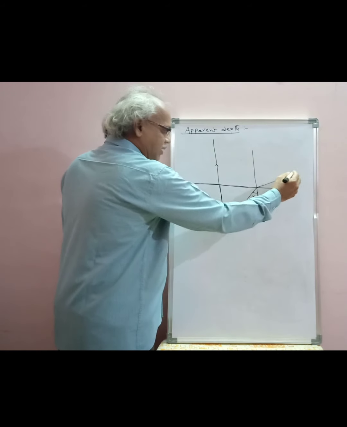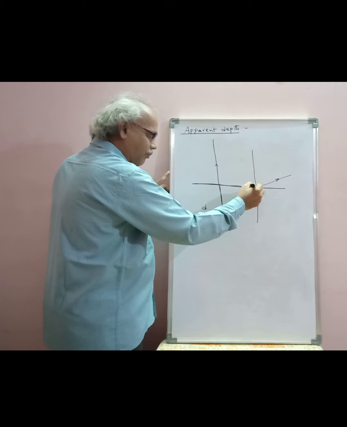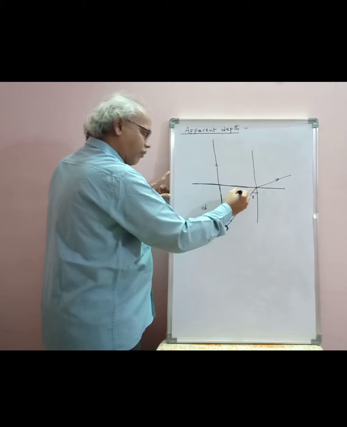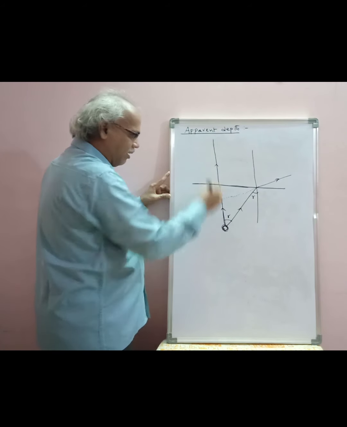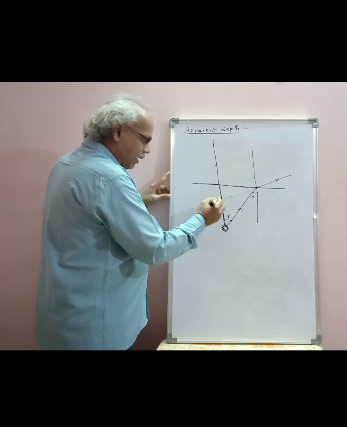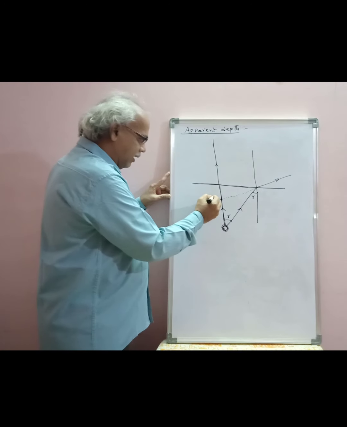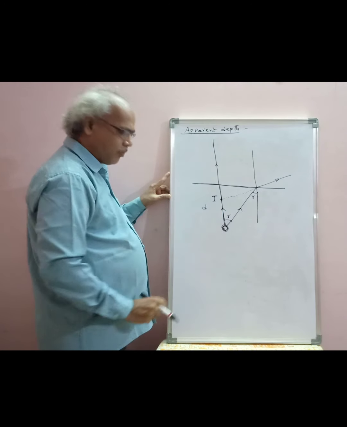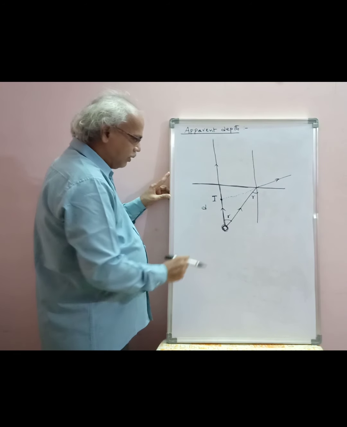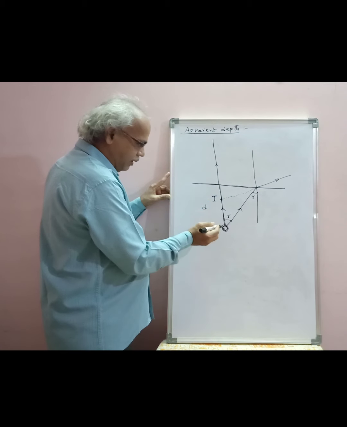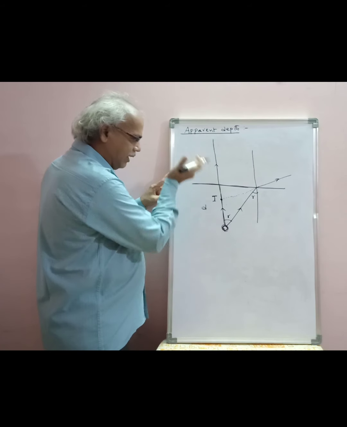Here the emergent ray, or the refracted ray, extended backward, intersects at a point on the normal. Here a virtual image forms, indicated by the letter I. So this I is the virtual image of this real object. So we can observe that the object, or the coin, just rises from O to I.